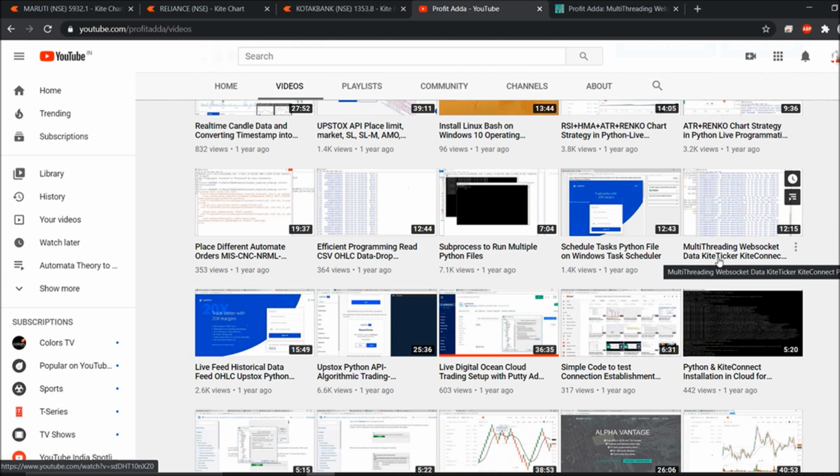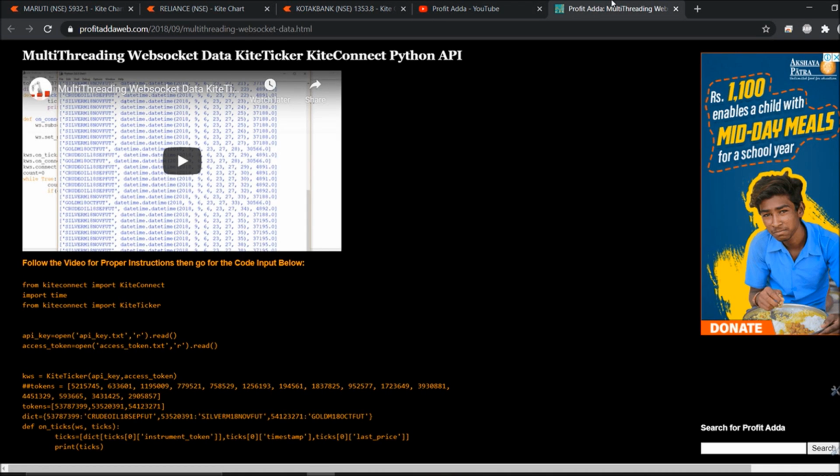And for this, as an extension, I've given you a filter, so you can utilize it. The code is already there for your multi-threading WebSocket. When you have to recognize these tokens, this is the way you should go for it, and you can prepare a dictionary. Vice versa, you can just call this CSV file and do it.